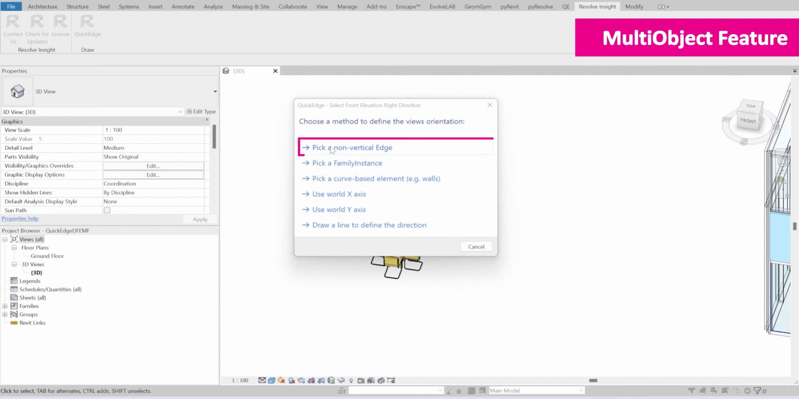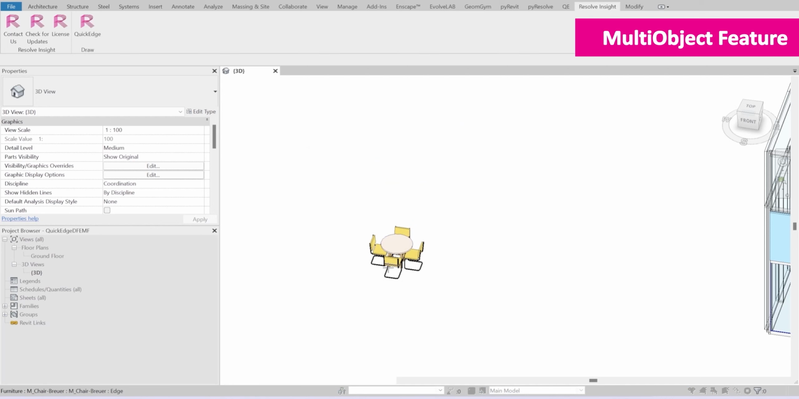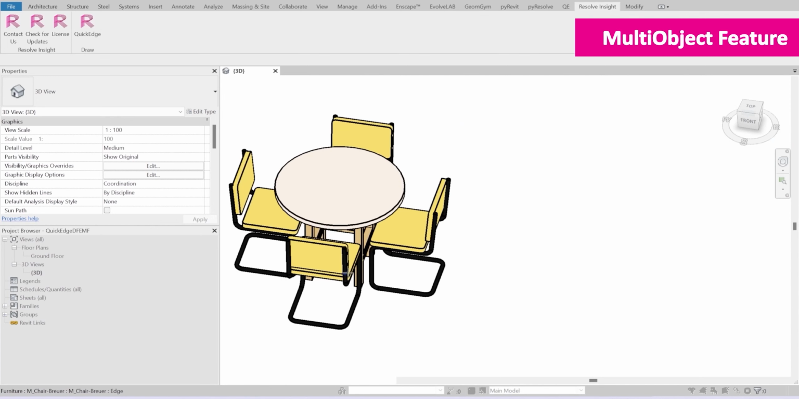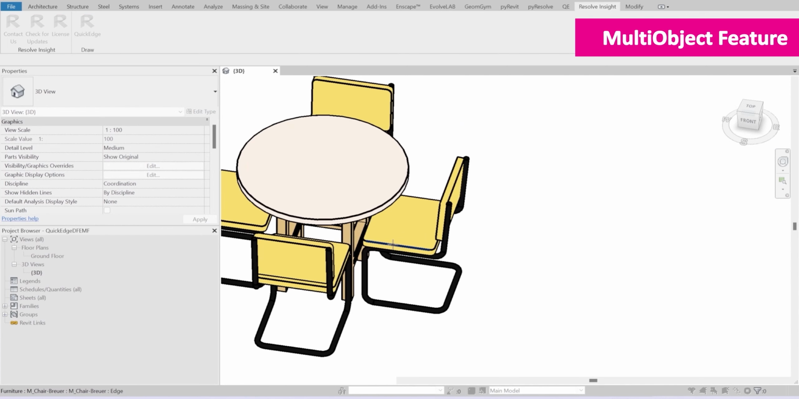The first one, pick a non-vertical edge, click on it. Now you can select any of these edges, and this edge would assume the right direction if you're looking at this object from an elevation front view. So for example, if you click, this edge would be used as the right direction if you're looking at this object from an elevation front view. So if we click escape,